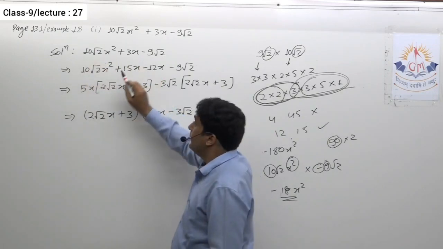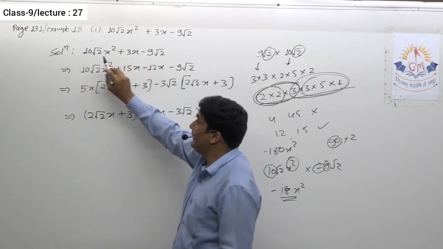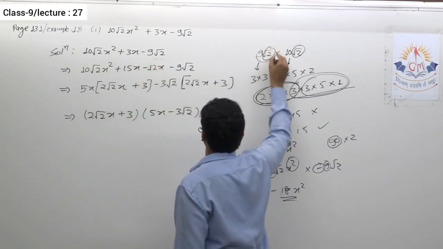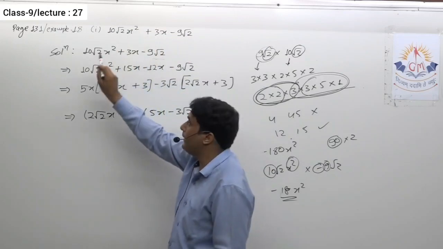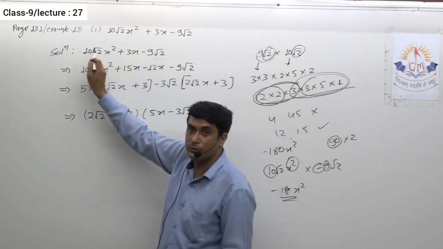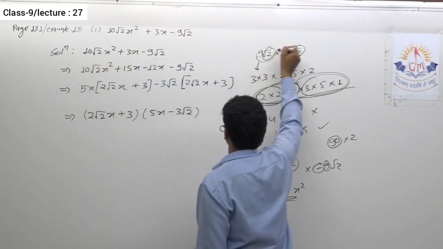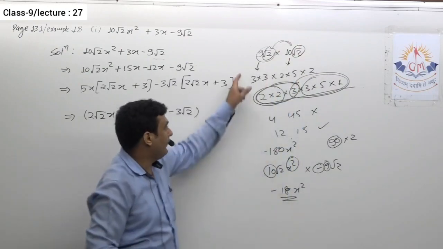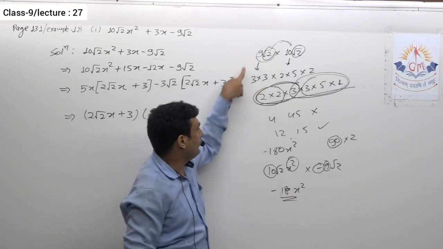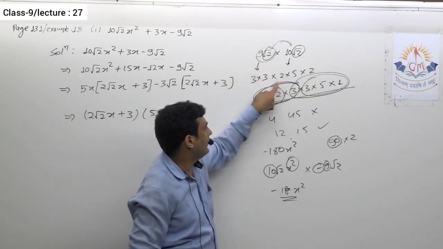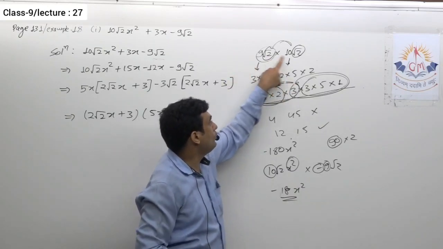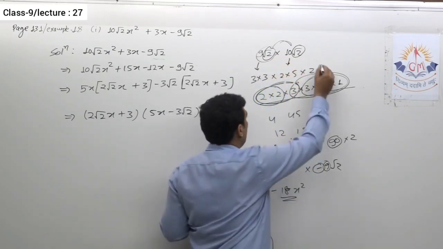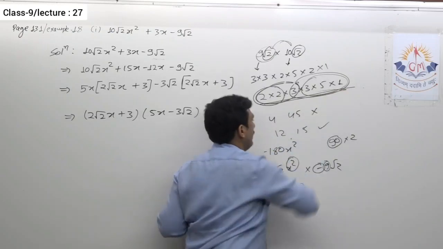After that, to split the middle term, I need the factors of this constant, that is 9 root 2. Over here I wrote it without sign, ignoring the sign, and this 10 root 2, that is the coefficient of x square. So two things can be done: first multiply, then find factors, or simply find the factors individually. So factors of 9 are 3 and 3, factors of 10 are 2 and 5, and root 2 multiplied by root 2 gives you 2. So one factor is this, and definitely I do write 1. So these are the factors.